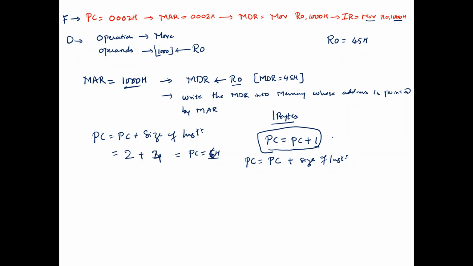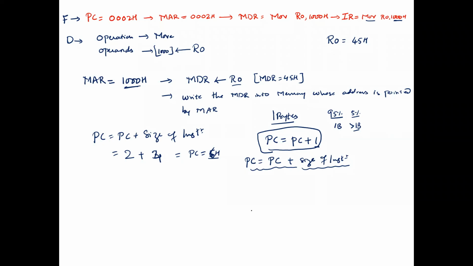So do not get confused, because 95% of the instructions in a processor will be 1 byte, and the remaining 5% of the instructions will vary and be greater than 1 byte. So you cannot substitute PC is equal to PC plus 1 in those cases. If you remember the actual formula, then you will understand how the next address of the program instruction is generated. The next instruction address is generated with the current value of the PC plus the size of the instruction.